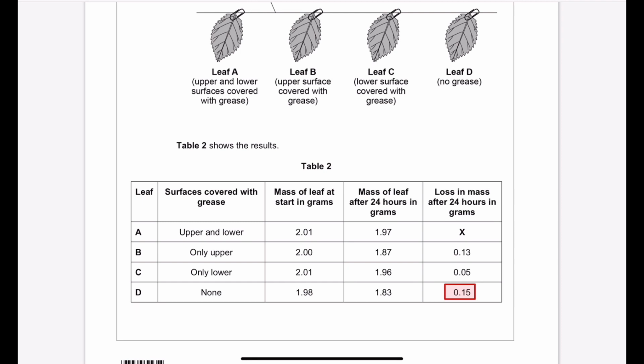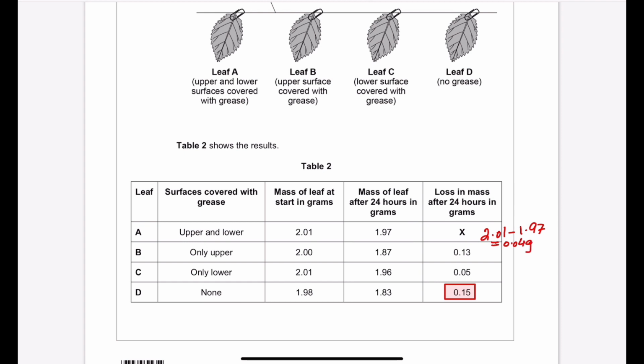Student need to find the value of X. So value of X is actually the change in mass after 24 hours, which is very simple. We need to find the mass by subtracting these two values. And we can see here 2.01 minus 1.97, that is equal to